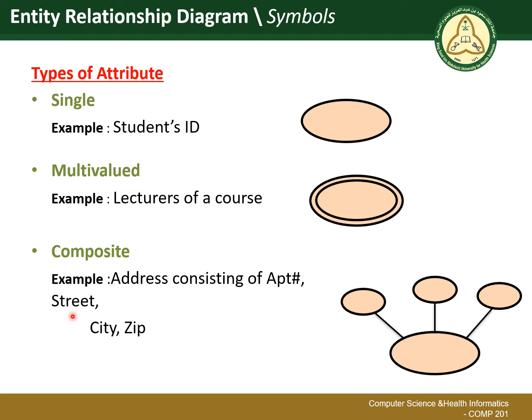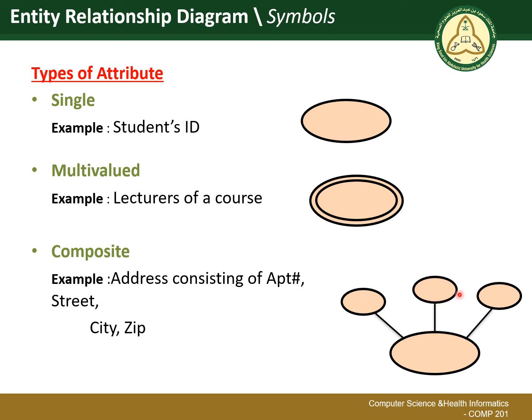For example, the address attribute will consist of the apartment number, the street, the city, and the zip code. So we can represent the address with a large oval, and from the large oval we will have these small